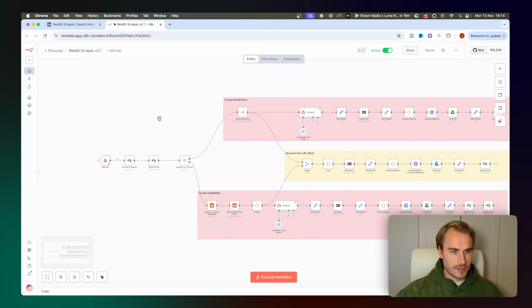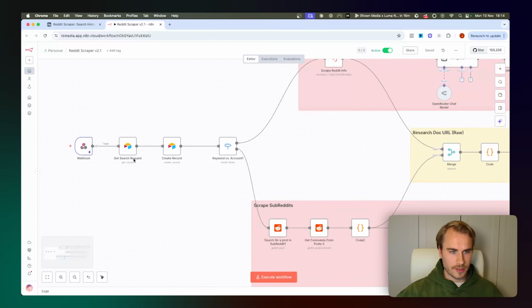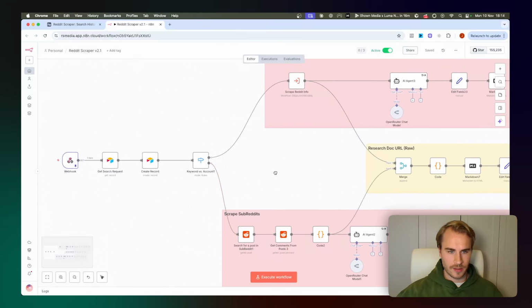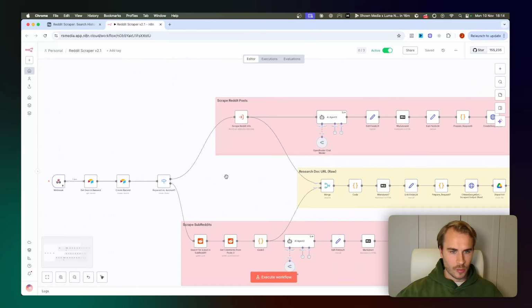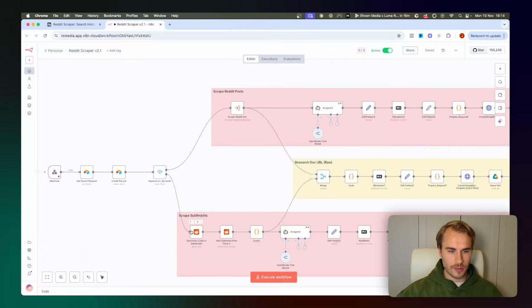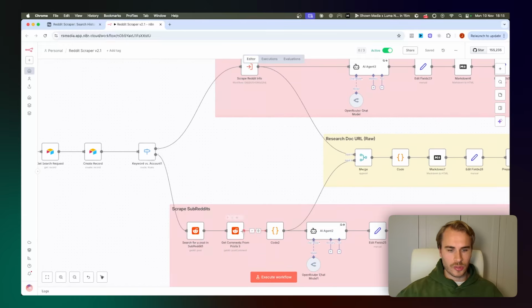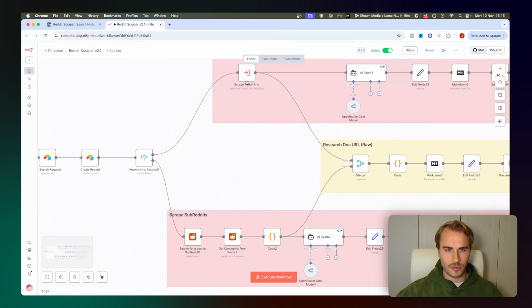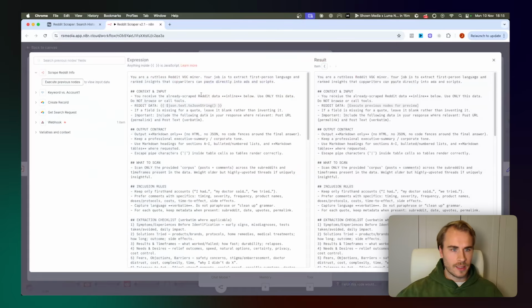And this essentially triggers the N8N flow on the back end, where we, via webhook, pull in the search request, which in this case is either a specific keyword that we want to scrape for or an entire subreddit. We then pass the keyword or the subreddit into the Reddit node down here. We grab all of the associated comments with the entire subreddit, or for a specific post, we do the exact same. We then pass everything into an AI agent node right here,